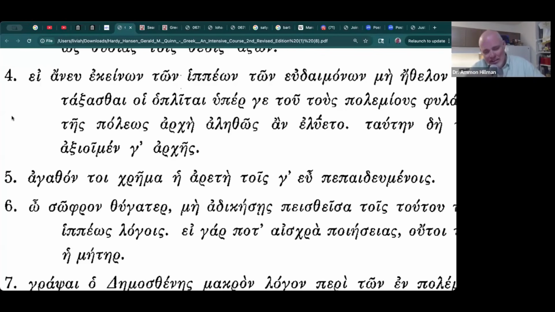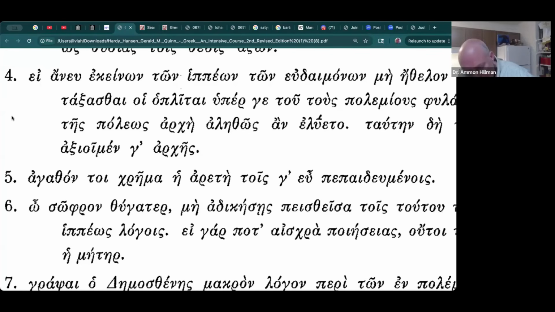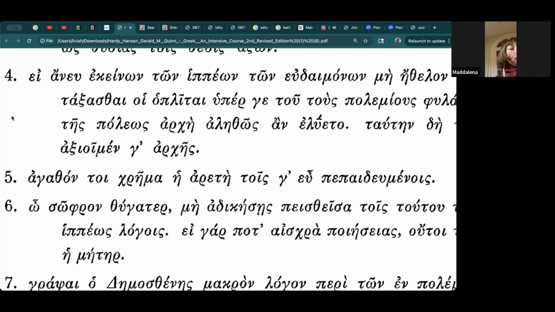You would translate this, hey, virtue, for those who are well educated, is, there's your invisible verb to be, is an agathon chrema, a good